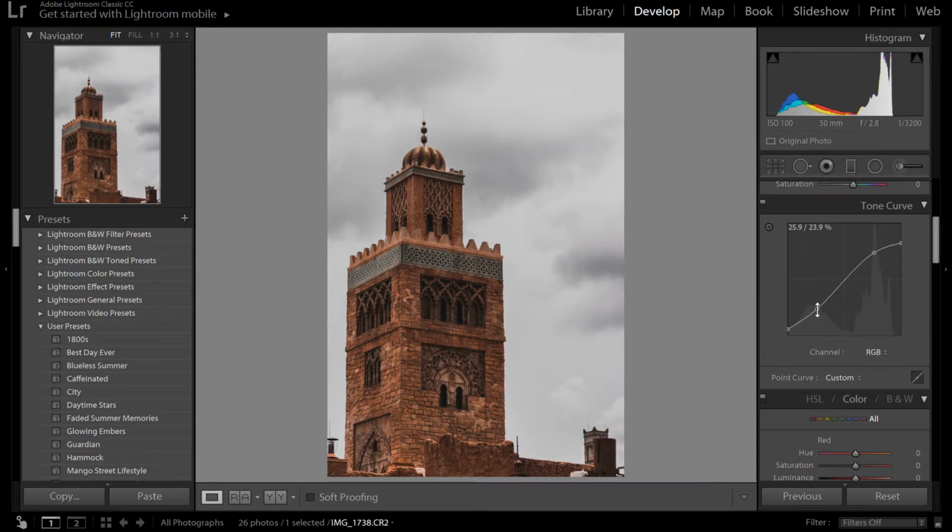I take this point towards the bottom, move it up, bring the shadows up, and I'll take a point somewhere between these two points in the shadows, because basically the bottom half of this line controls your shadows, and the top half controls your highlights. So I just take a point here, somewhere in the middle, right there,